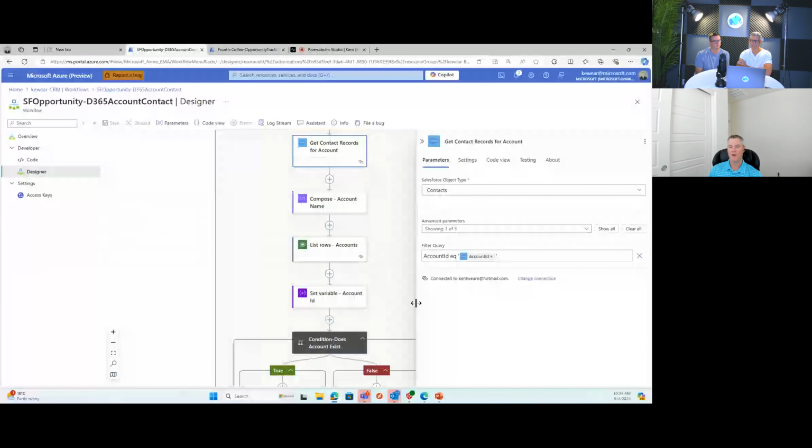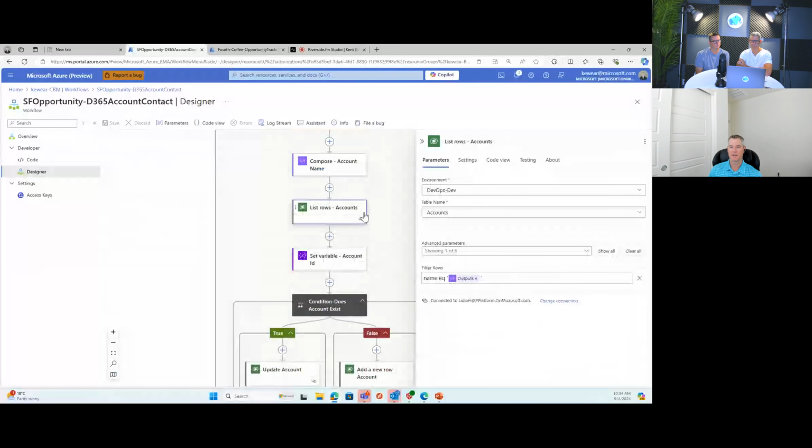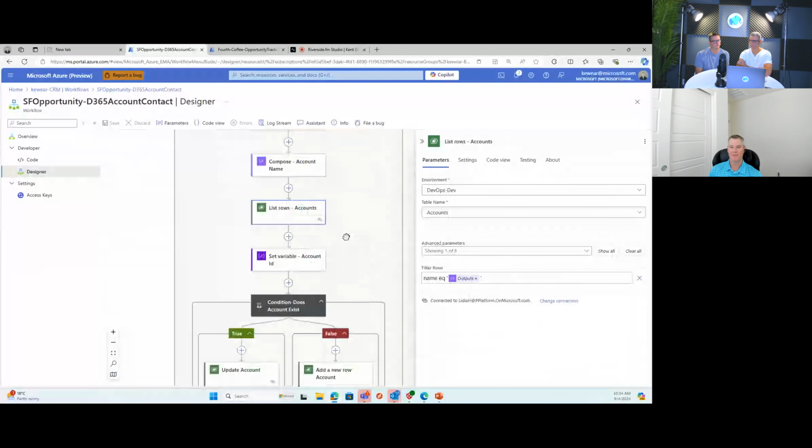Now, when I go ahead and talk to Dynamics, I'm going to do so through the use of the Dataverse connector, which is kind of the underlying data platform for Dynamics. And similarly, we've got entities that exist inside of Dynamics. So what I'm going to go do is look for a particular account based upon the account name, which is basically the ID, and see if I can go ahead and find it.